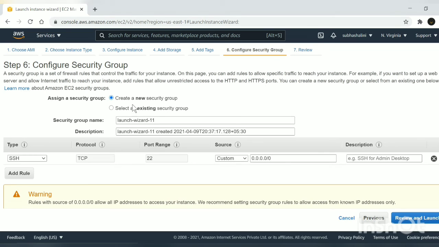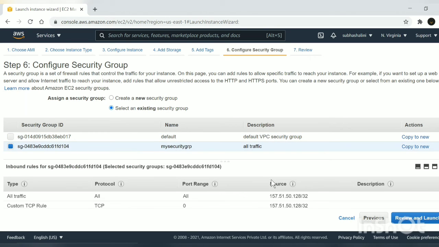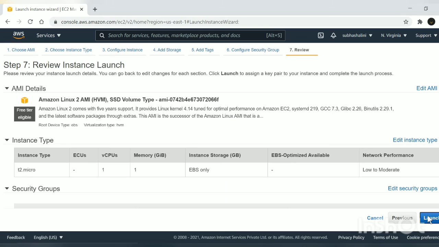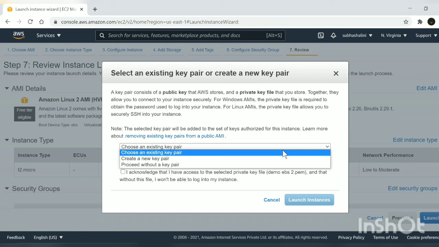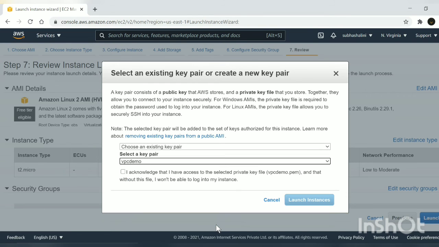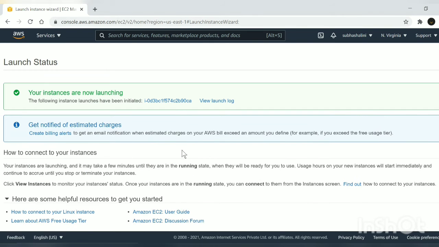Configure security group. I'm going with the existing security group, which is my security group we have created. Choose it and then review and launch. Okay, then click on launch. I'm going with the existing key pair, choosing VPC demo. Launch the instance. Our instance is being launched.